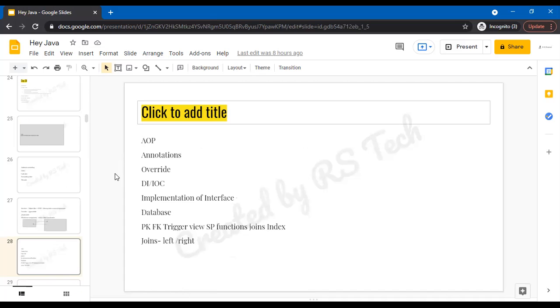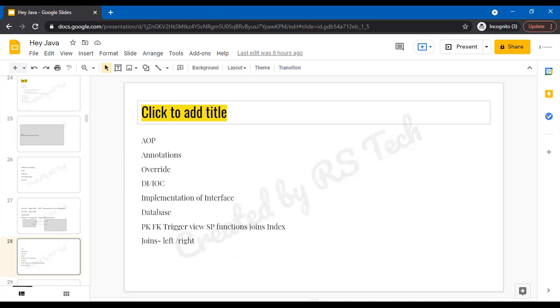So this is a very important concept in Spring AOP. We saw a detailed video on AOP. How do we implement AOP? AOP is aspect-oriented programming, where we don't give the repeated functionality everywhere in the application.